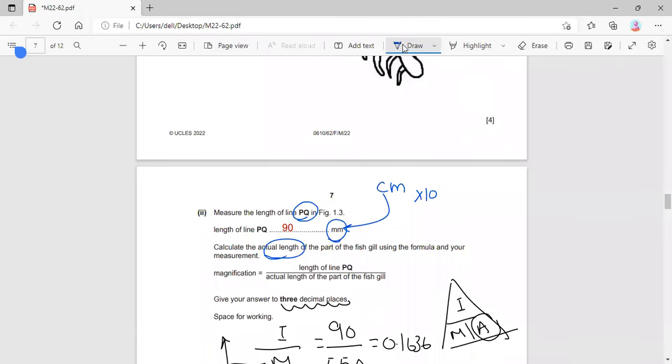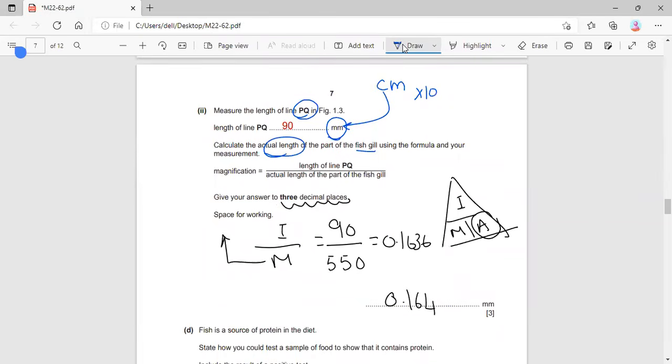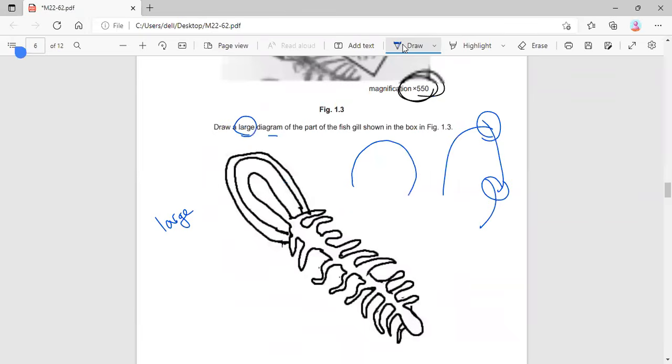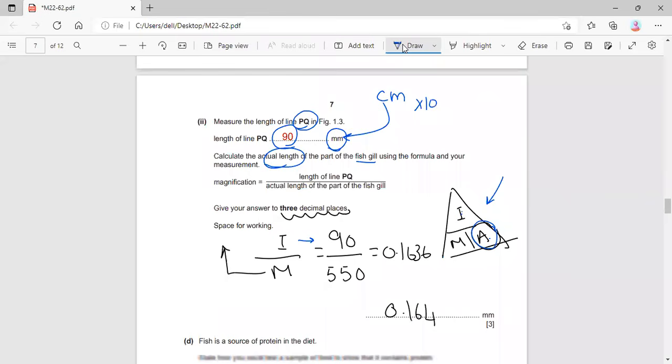Calculate the actual length of the fish gill. How do I calculate the actual length? I wrote my triangle: magnification equals image over actual. I want the actual, so it will be image over magnification. This is my image, and here is my magnification. Divided, it is